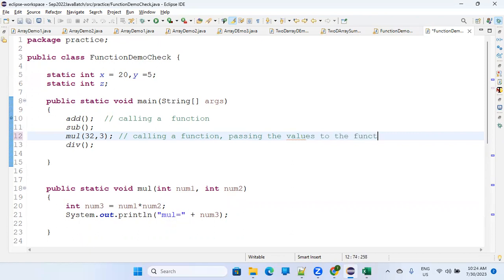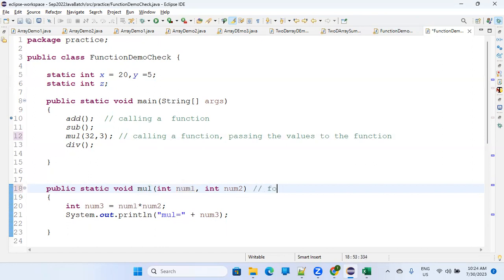You're saying, multiplication, call this function, but I want to pass two values, 32 and 3. When you are passing the values, you have to capture them somewhere. So in the multiplication function definition, you say that the first value will go to the integer variable num1, and the second value will go to the integer num2. So these are called